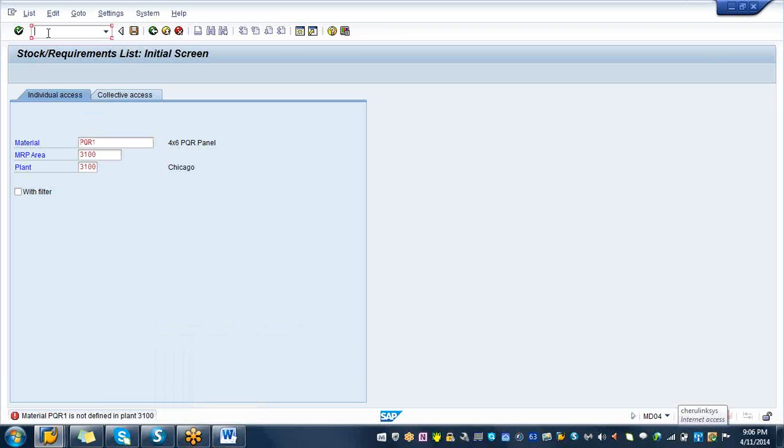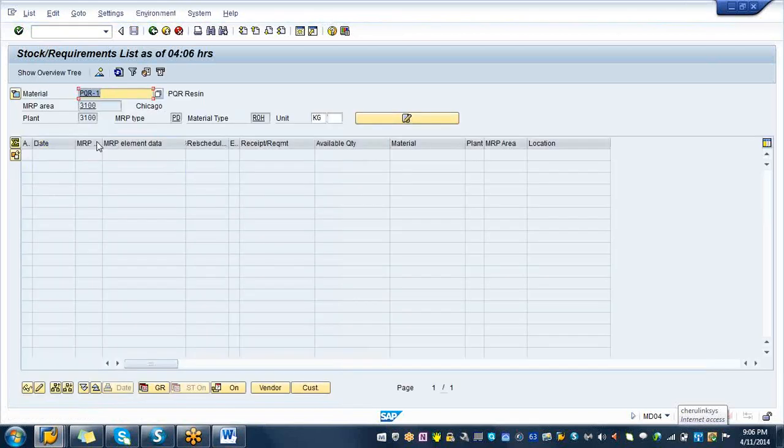Was it PQR? Was it PQR-1? Yeah, there's no stock, right? So there is no stock. Same scenario, PQR2. Okay, no stock, right? We don't have stock. So what we can do is we can put some stock,